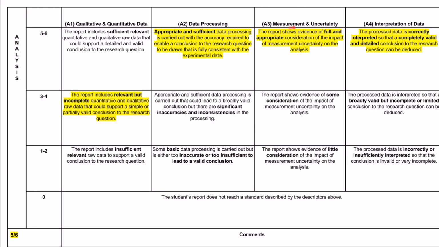For A3, measurement and uncertainty, the student also did an excellent job of showing the consideration of uncertainty, not only in the tables presented, but also in the error bars that were shown. Therefore, the student recorded the correct uncertainties in tables, propagated the uncertainty, and also included error bars in the graphical analysis, which also give